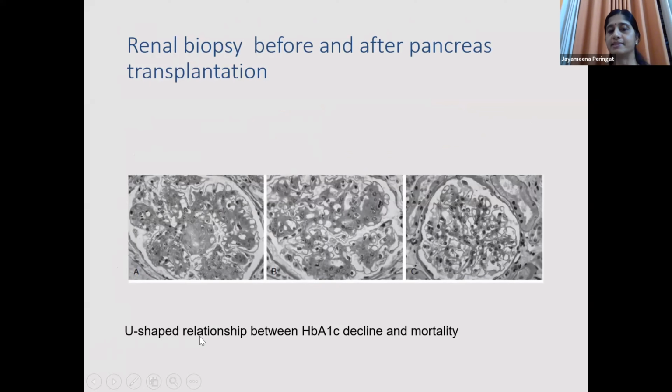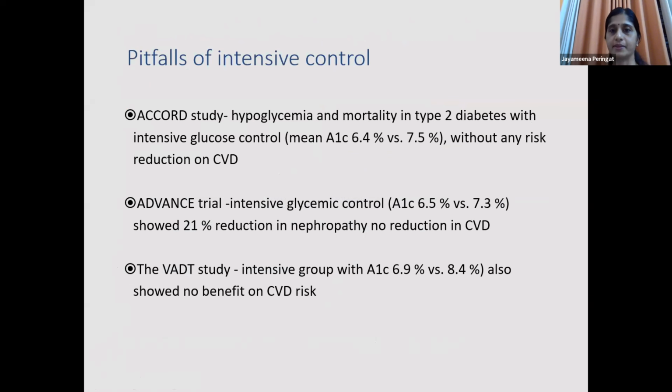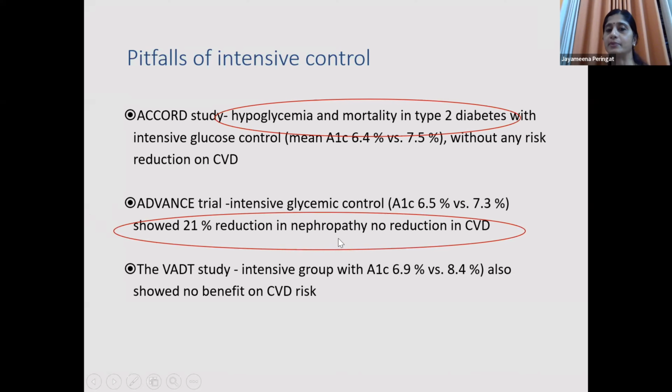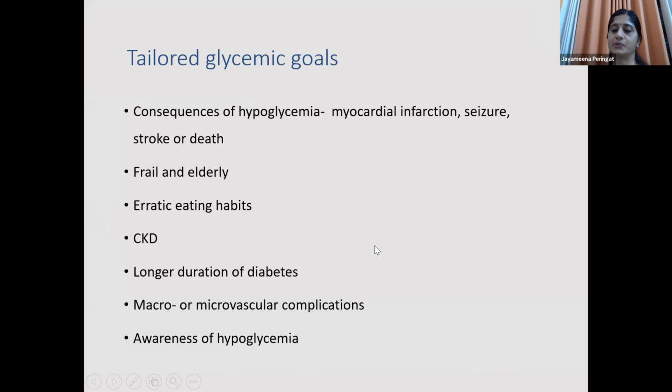But always remember, there's a U-shaped relation between HbA1c and mortality in patients who have already established macrovascular complications. What we had seen is that hypoglycemia and mortality both increase in type 2 diabetes patients with intensive control. And although there is a 21% reduction in nephropathy, there's no reduction in cardiovascular disease. And so the glycemic goal should be tailored, basically